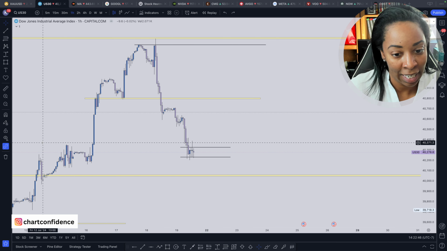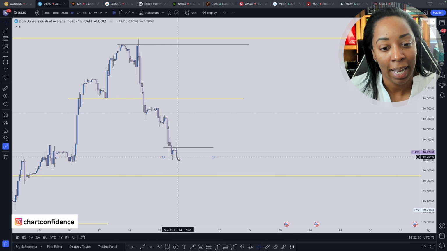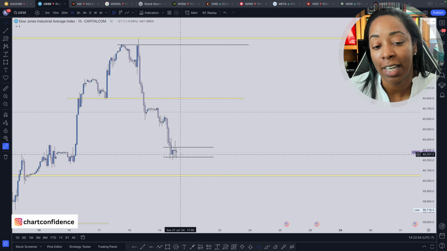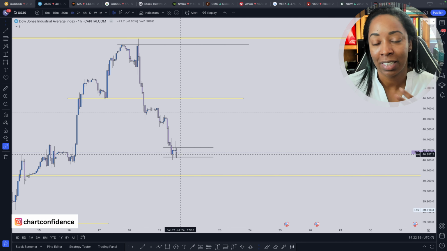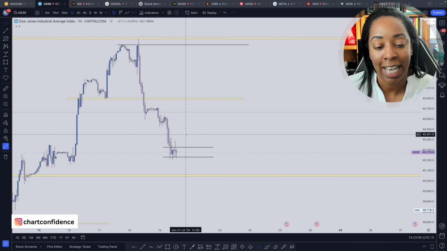You don't need to extend it out that far. I'm not, because I want to keep everything clean. But basically we have a little consolidation within here. We can see a lot of doji candles, which means that buyers and sellers are in a fight and they're landing at the same point. So I want to mark that off